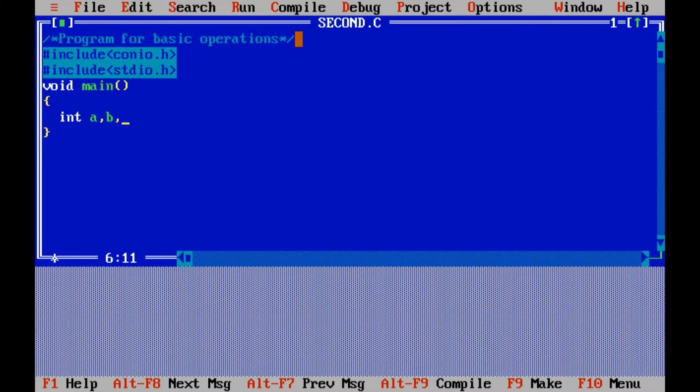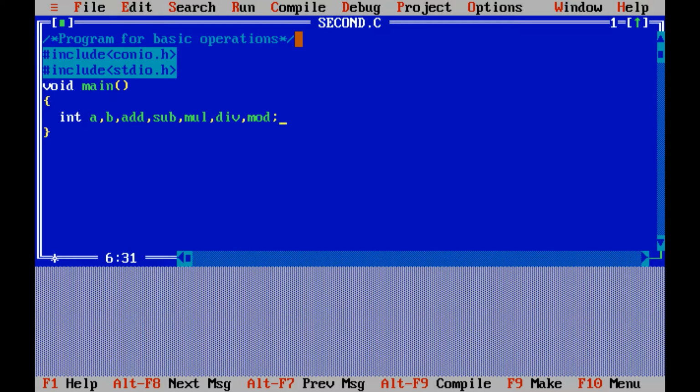Then I'll use five more variables to store the answers: add for addition, sub for subtraction, mul for multiplication, div for division, and mod for modulus.